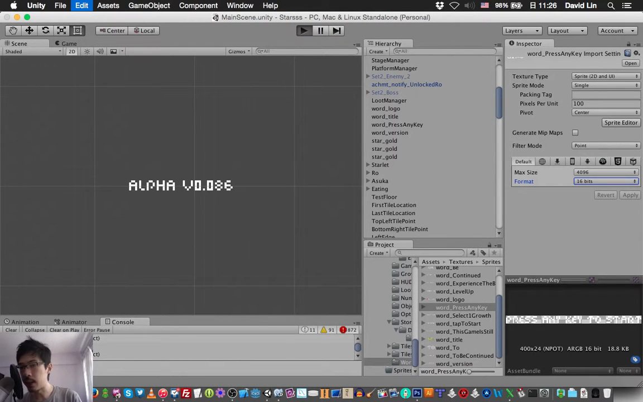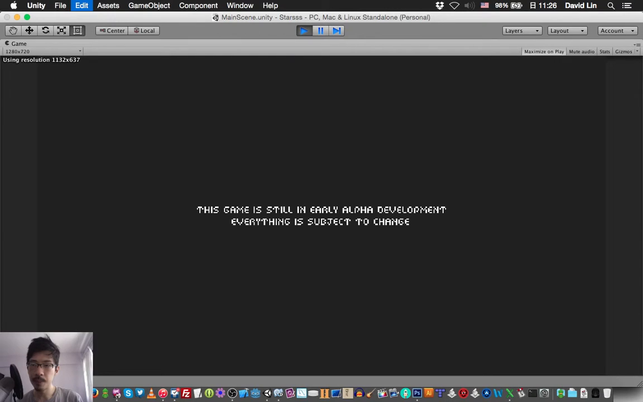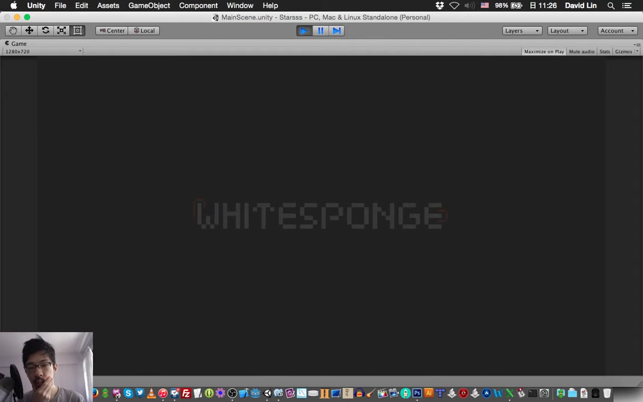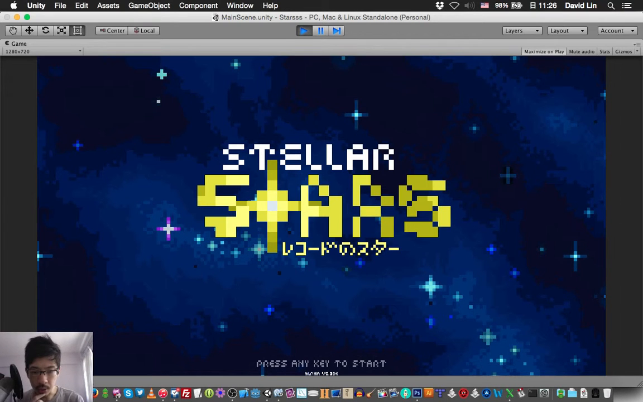Okay, so now when we start the game, we should have the new version shown directly in the center and center bottom of the starting screen. Okay, so the alpha version 0.086. So even though it's extremely small,